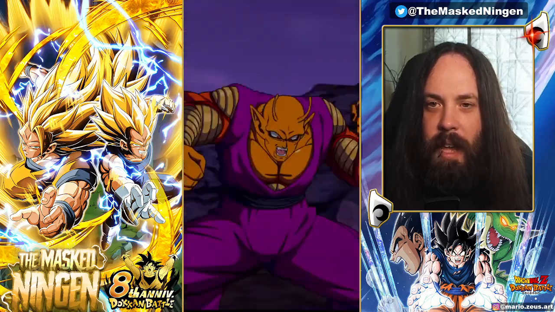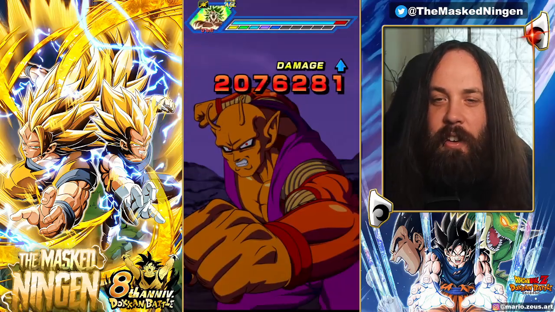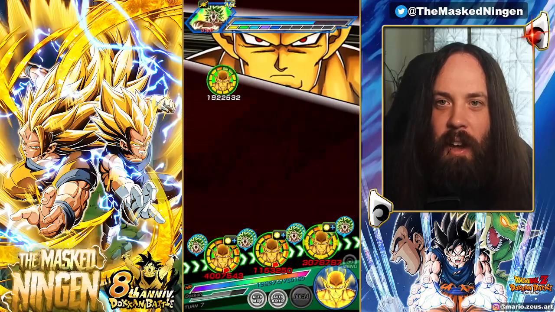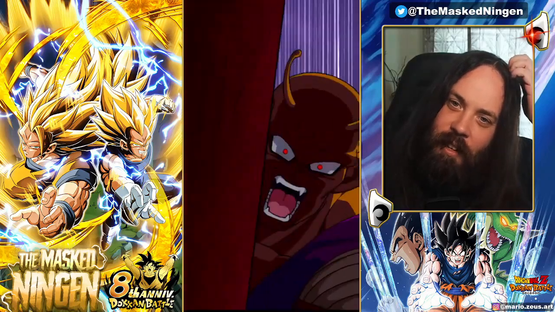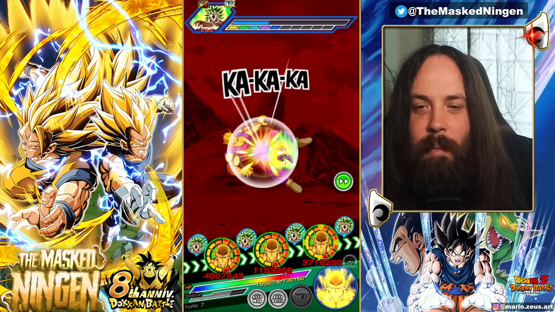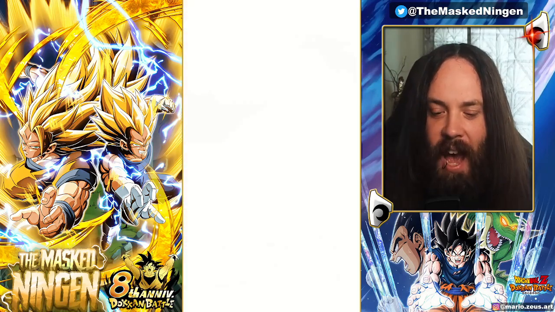Can we get even more additionals here? I mean, how can you not just love this LR Piccolo unit? He's so good. We have done half of Broly's HP with essentially no risk of taking any damage so far. Is this just going to set him up for the Spirit Bomb to actually just kill him? If the Spirit Bomb crits, it actually might just kill...